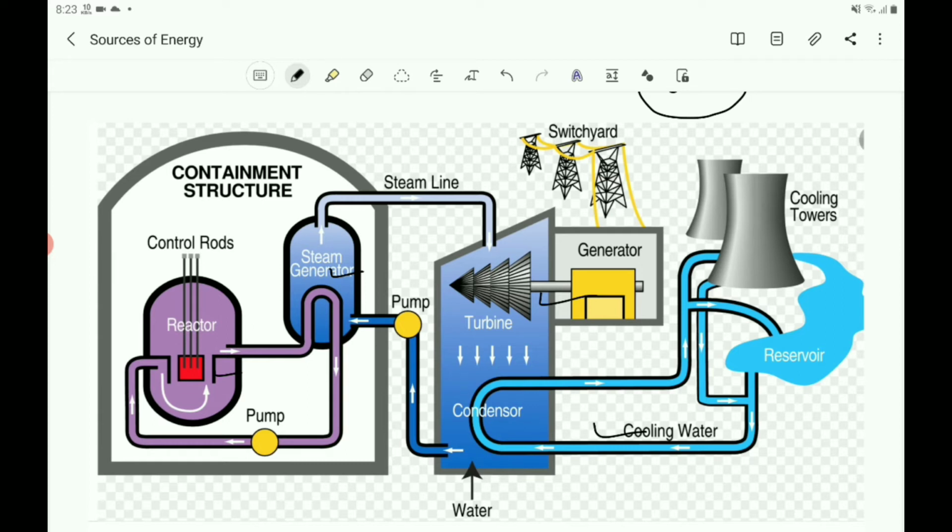For this we are using cadmium rods. It is necessary that extra neutrons are removed. Extra neutrons must be removed to control the nuclear fission reaction. For this, cadmium rods play an important role. They are called the control rods. Cadmium rods control the number of neutrons available. These are inserted in the nuclear reactor in such a way that only the requisite number of neutrons are available for the fission process to proceed in a controlled manner.